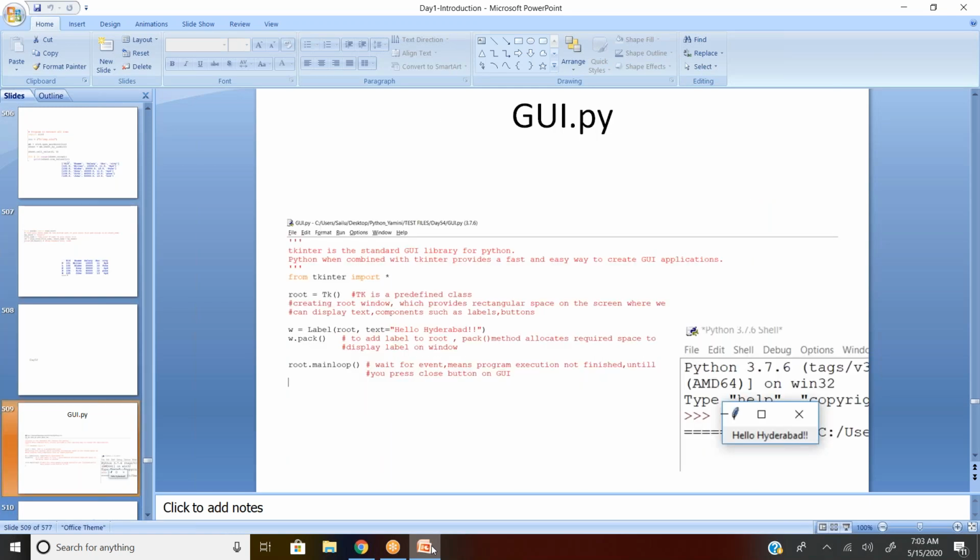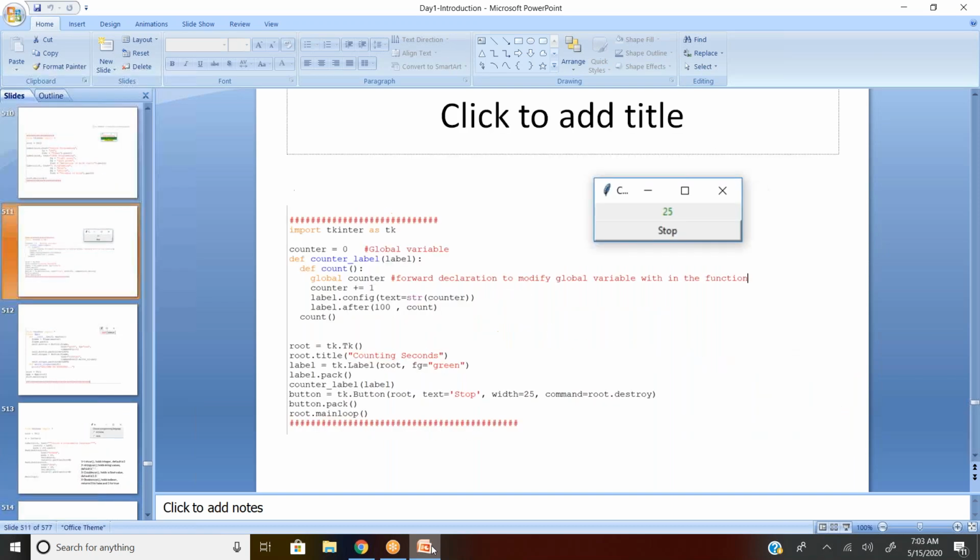And for your knowledge's sake, I added one more module called GUI Tkinter. Though I'm not explaining this, it will help you when there is a requirement to develop a GUI. For example, I need to create a new calculator, and based on the numbers I selected, my backend program has to run. So for a graphical user interface, if you want to create your own, you can use Tkinter. This is just for your information.